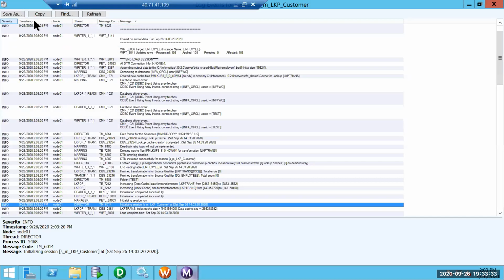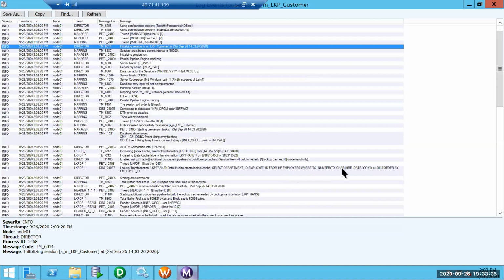I'll go with sorted. Yeah, if you see here, again the where clause. Frankly speaking, this hire date is not part of the select statement, and it is not part of the lookup transformation ports either. But that is not required. Ultimately, it is going to fire on the database.